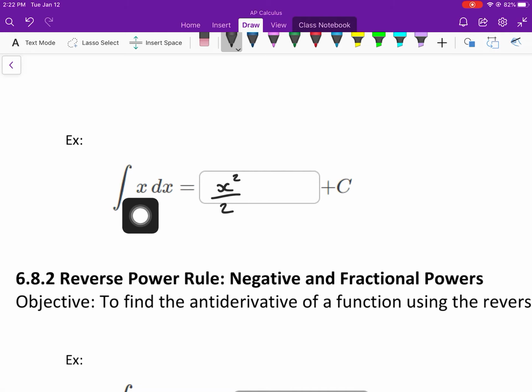If you take the derivative of this, it returns back to x. Bring down the 2, those cancel out. The exponent becomes a 1. You're left with just x. And the derivative of a constant is 0, so it goes